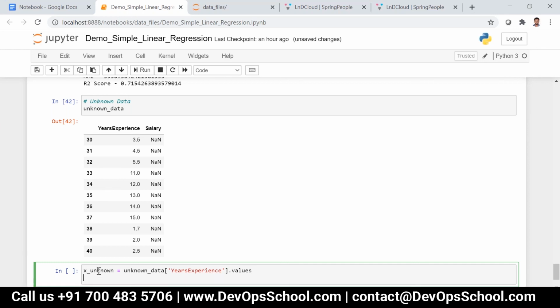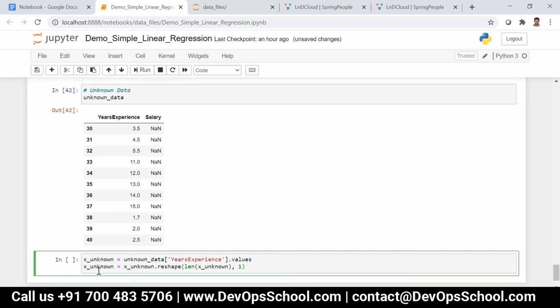Then we need to reshape it, right? x_unknown equals x_unknown dot reshape of len of x_unknown comma 1.